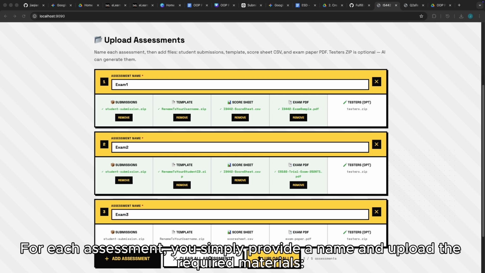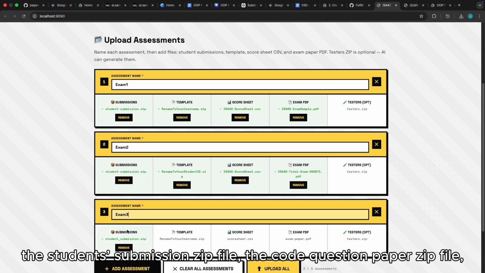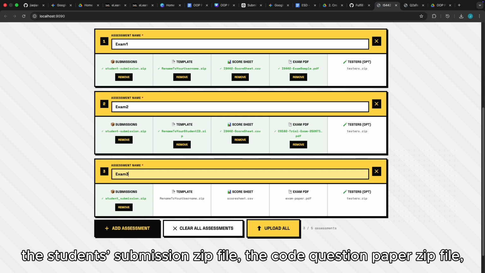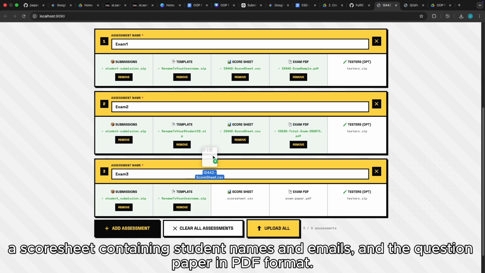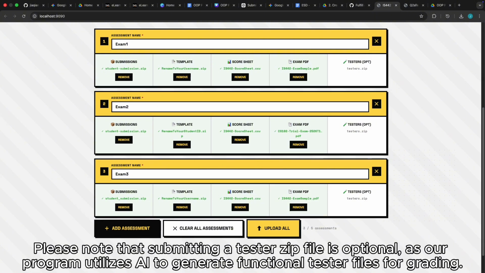For each assessment, you simply provide a name and upload the required materials: the student's submission zip file, the code question paper zip file, a score sheet containing student names and emails, and the question paper in PDF format. Please note that submitting a tester zip file is optional, as our program utilizes AI to generate functional tester files